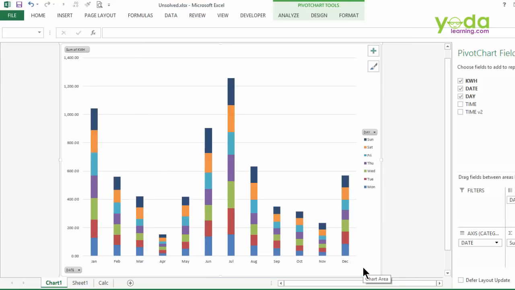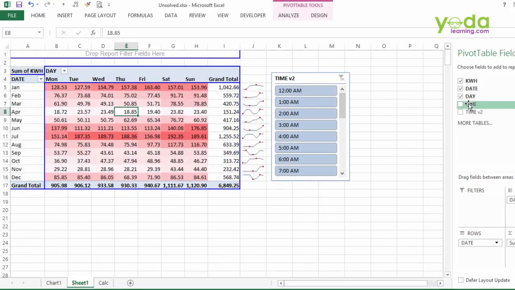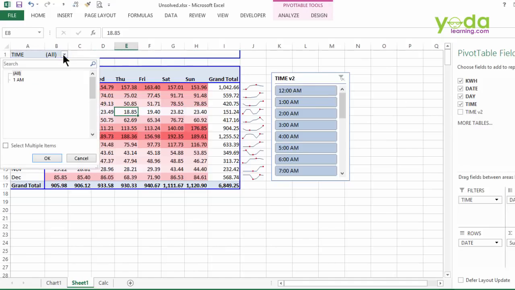Press OK. This chart quickly tells me that July is the month of highest consumption, followed by January, June, and thereafter December. Before I conclude, let me show you the best trick of the day. Why don't I keep the time version 1 in the report filter? And if somebody asks me to make a 24 hours report, individual reports in different sheets,